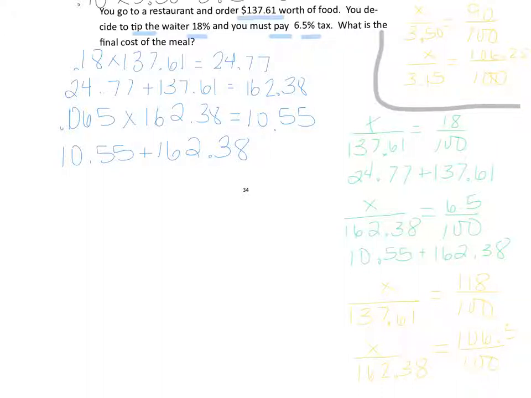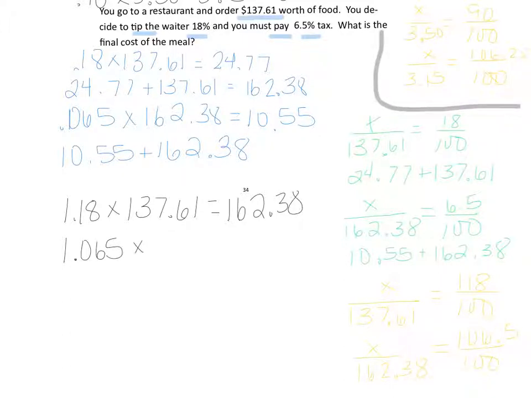Or we can go about it the very short way. I paid 100% plus 18% of 137.61 to indicate I'm paying all $137.61 for the bill, plus 18% for the tip, meaning I'm going to pay approximately $162.38 with rounding. Then I have to pay 100% of that amount, plus the 6.5% of the $162.38. No matter which way you go about it, your final answer for this is